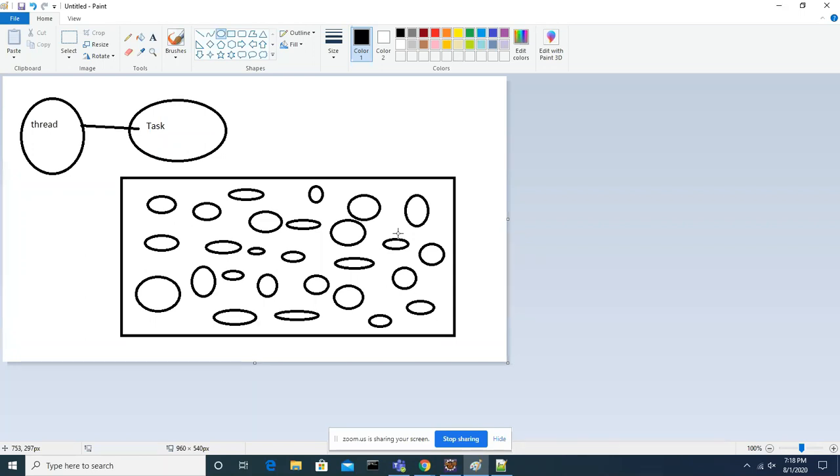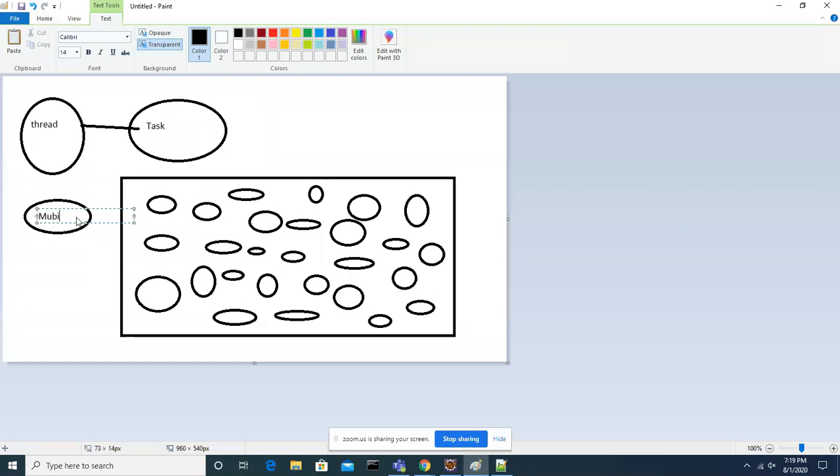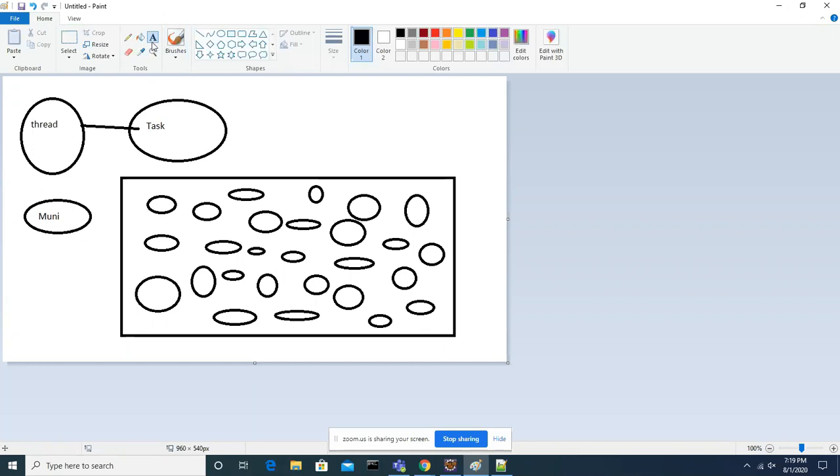Yeah. So why are multiple people working on the same task, guys? For what reason? To reduce the execution time. Now in our case, two persons are working, that means two threads are working.